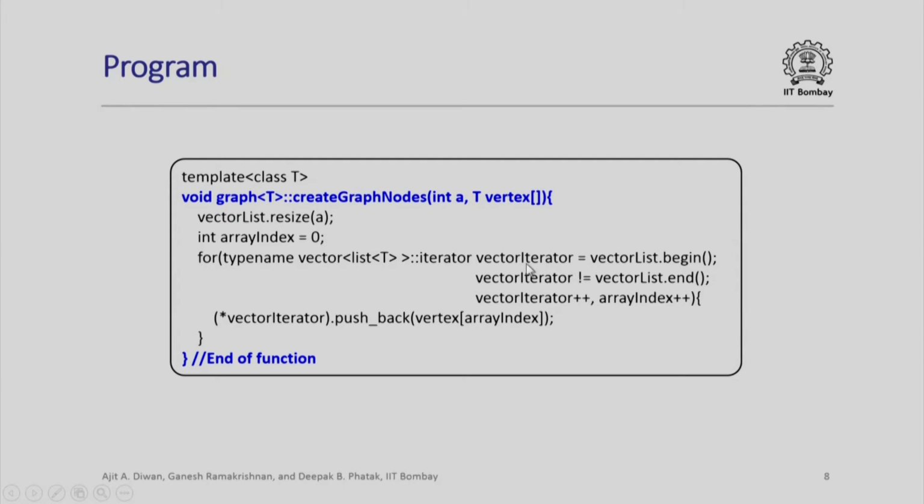This is a simple loop, and the only action that we do inside that loop is we push back the current vertex depending upon the array index that we have. Please remember, we are incrementing the array index appropriately, which starts with 0. So, initially the 0th element, then the first element, then the second element, etc. will be pushed back. Note the simplicity of using the STL library facility. Pushback is a simple function which pushes everything onto the vector list that we have created.